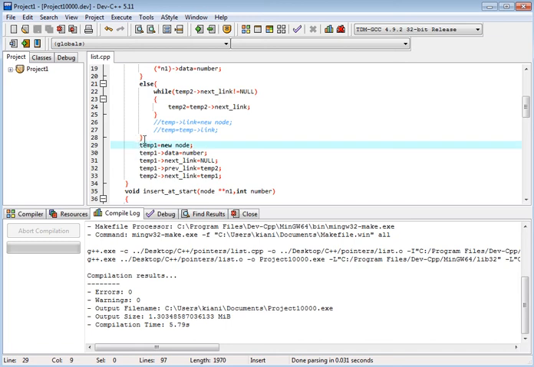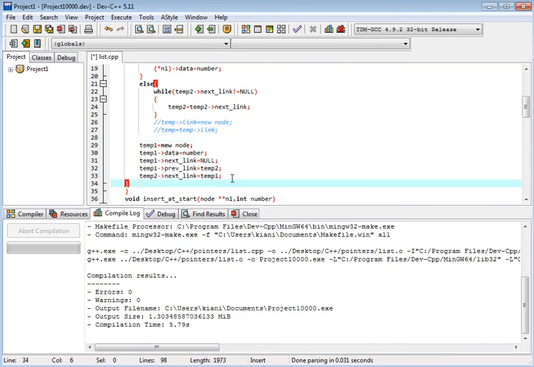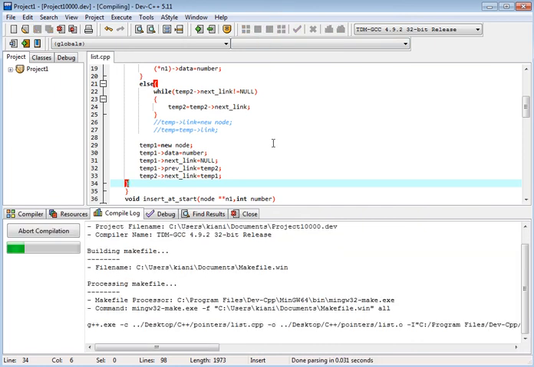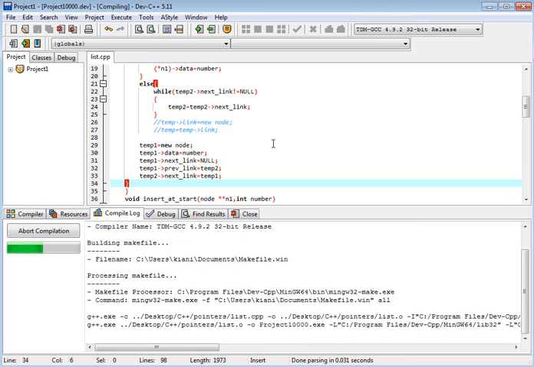It is returning this value. So we should check it again. We have n1. If n1 is null, then